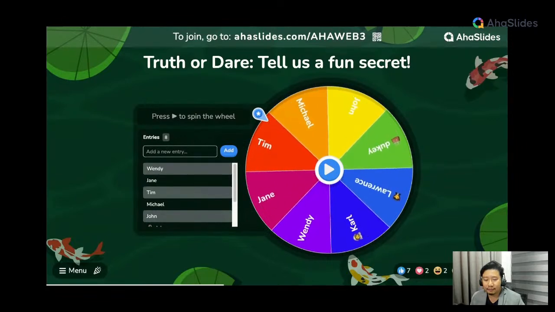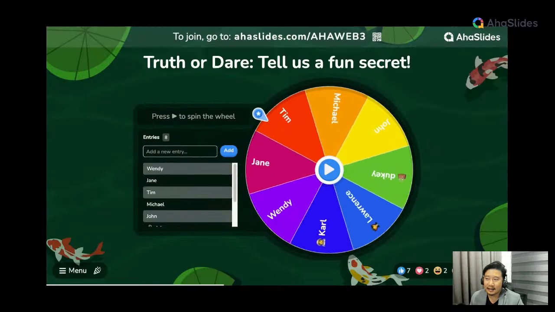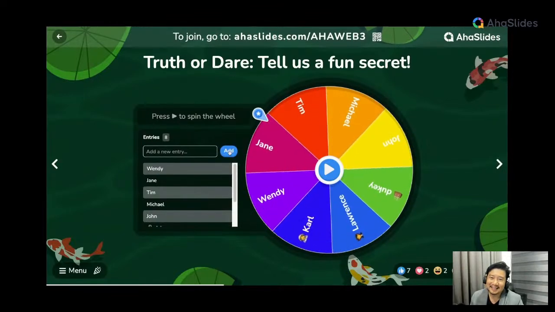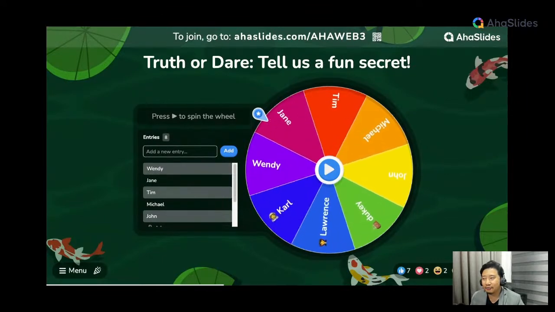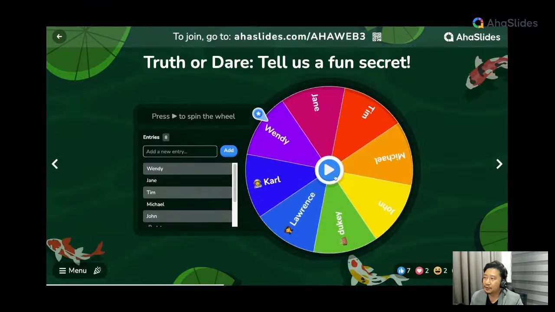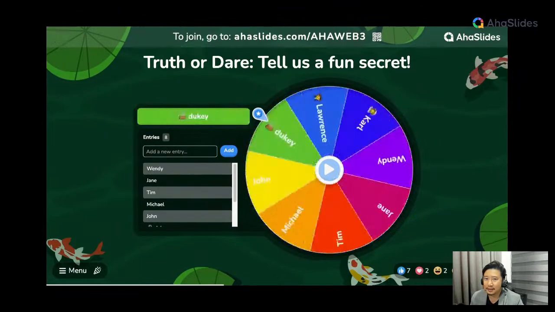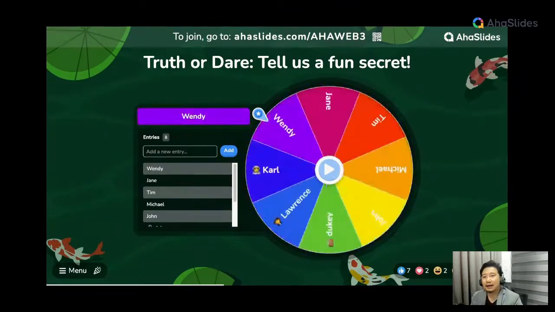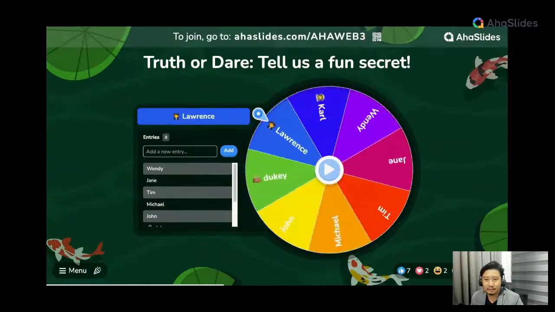And instead of going through every single product manager, they have this spinner wheel. The whole idea was that instead of everyone going through their product updates one by one, you get lucky. You get chosen in a spinner wheel like this. And if your name comes out, you have to give a report on your team.